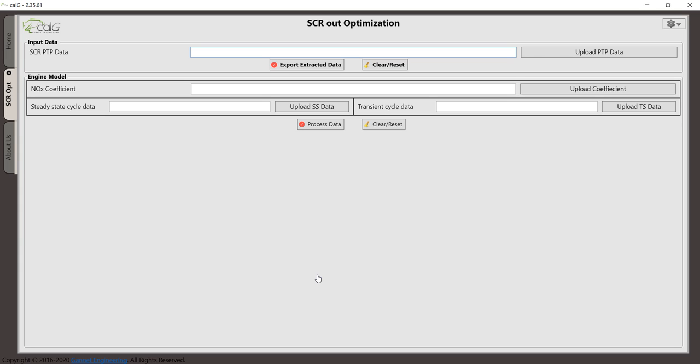The parameter which varies mostly here is the urea dosing quantity, because when the system is completely fixed, meaning the temperature profile keeps the same and all the pressure and temperature remain the same, in those conditions the only thing you can vary here is the urea dosing quantity. Of course, you also need to look at ammonia coming out. Let's see how to optimize urea dosing quantity for cycle emissions reduction.